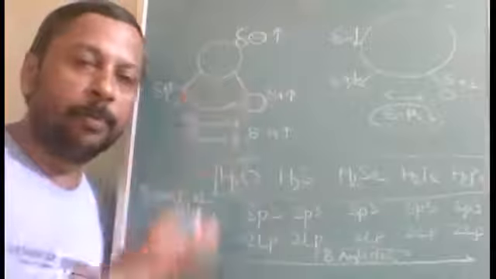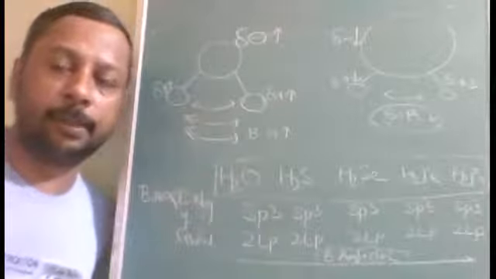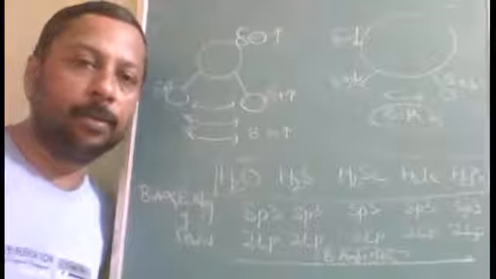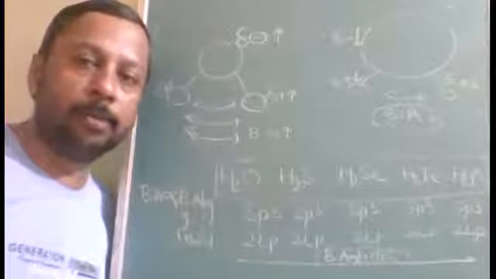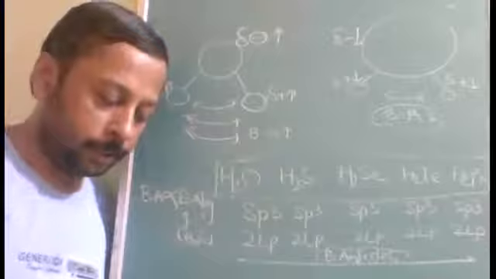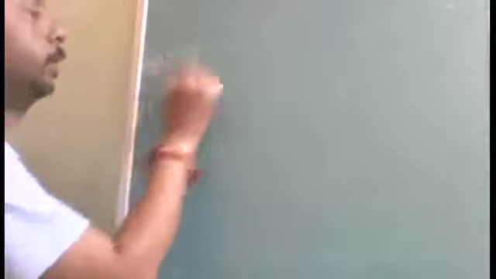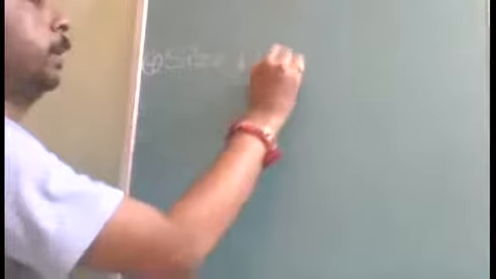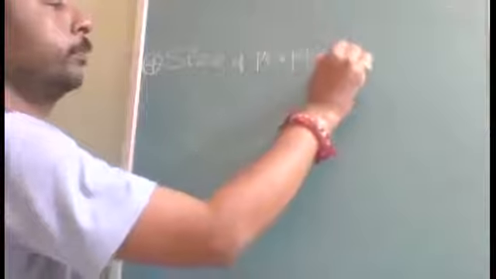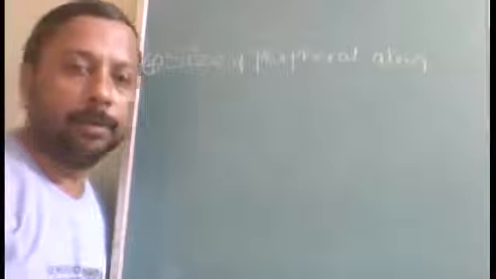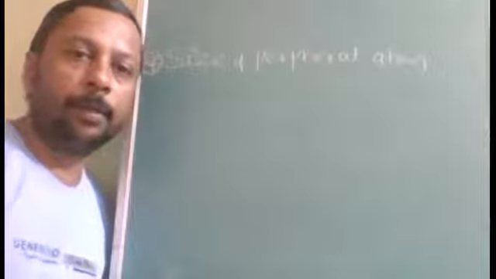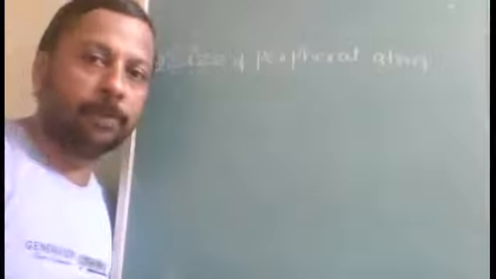This format only you will follow. Recently, one question came where, other than this rule, you have to arrange them using another rule. What is that rule and how do you proceed? It is just a matter of common sense. The next one is the size of the peripheral atom, the fourth factor. Here the central atom is the same, the hybridization is the same, and the lone pairs are also the same. Then you will follow this rule.